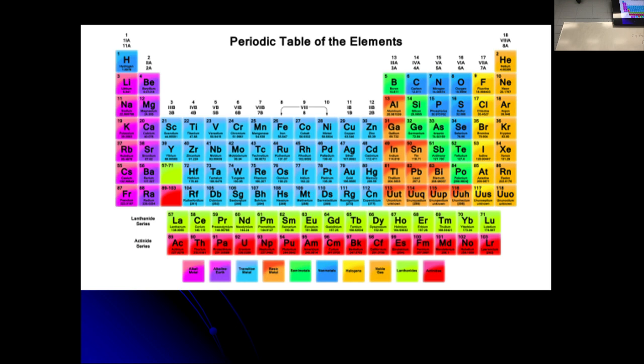Right here? No, over here? Yeah, right in here, right? This is carbon, nitrogen, oxygen. What did I say that most organic molecules contained? Carbon, nitrogen, oxygen, and hydrogen. Hydrogen, not helium. Okay, but hydrogen. So hydrogen, carbon, nitrogen, and oxygen are going to be our principal atoms that we're talking about this semester.